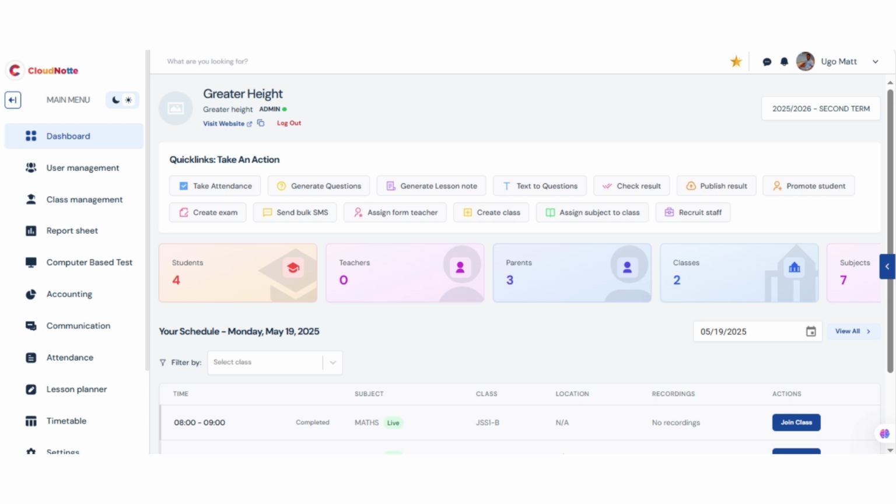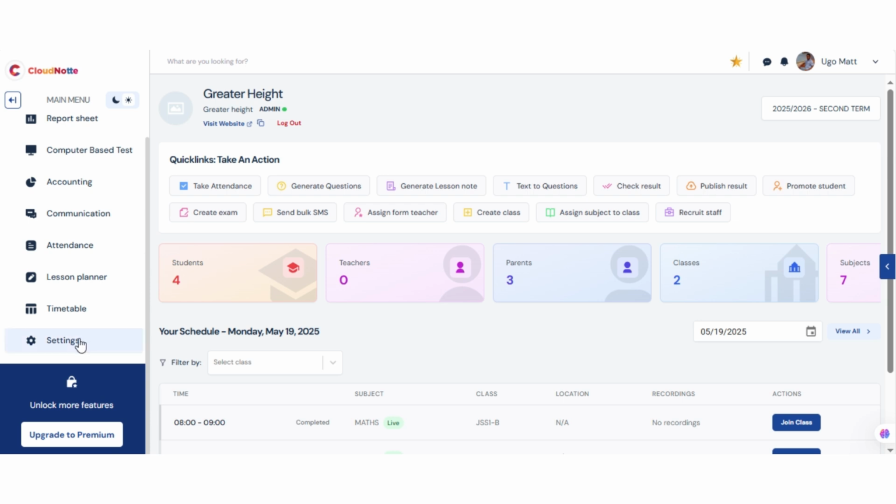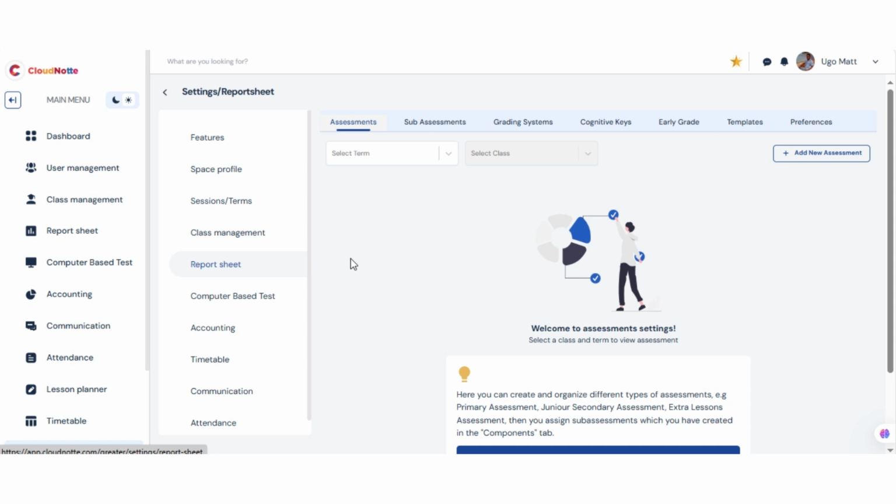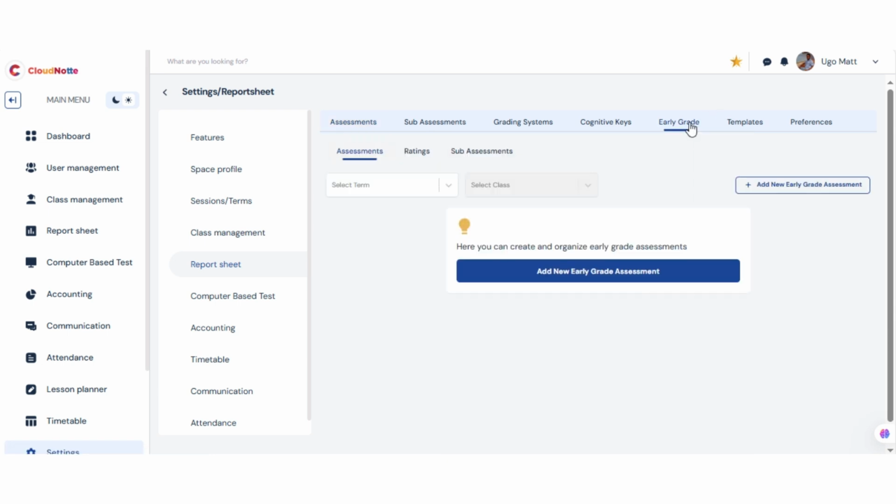Now, the first step for me to do is to click right on my settings. I click on my settings, I click on report sheet. Now, right from my report sheet, all I have to do is to click on the early grade. And once I'm on the early grade interface, all I need to do is to click on add new early